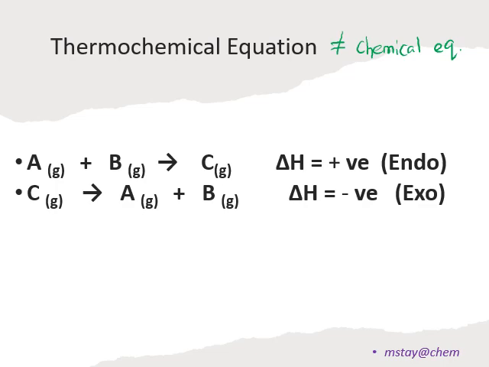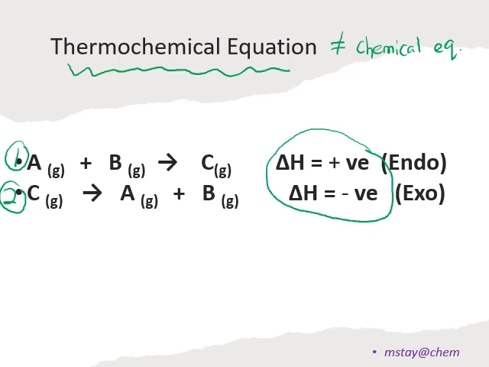In the example over here, equation 1 and equation 2 are thermochemical equations. When you check the difference between the thermochemical equation and the chemical equation, basically it is the delta H here, the enthalpy change of the energy. As we just mentioned, thermo refers to the heat change. So that means you have to show the heat change in the equation, then only will this equation be considered a